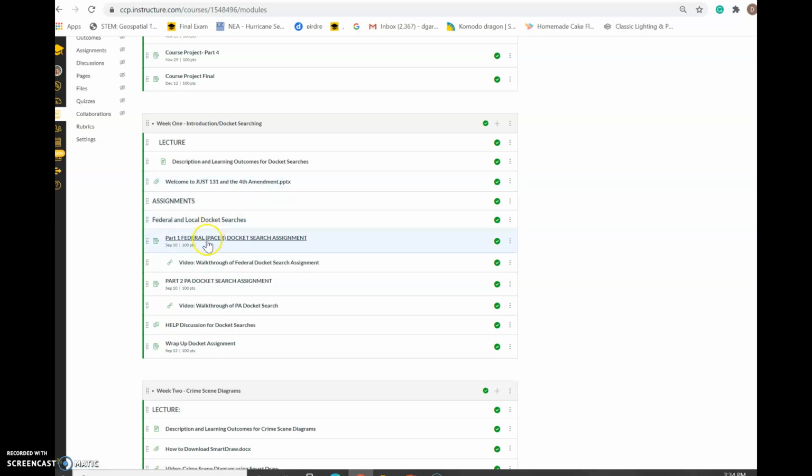Then we'll have part 1, which is the federal PACER docket search assignment, and right here is the walkthrough of the assignment. So it's really important that you watch the video because it'll show you how to complete the assignment. And then you also have a PA docket search assignment, and you're going to have a walkthrough. And both of these are due on September 10th. While the class starts on September 8th, all assignments are always due